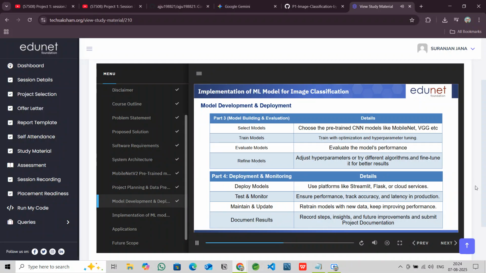In this final phase, we focus on putting our models into action and keeping track of their performance. Deploy models. First, we deploy the trained models to a production environment where they can start classifying incoming images. Test and monitor. Next, we test the deployed models in real time and continuously monitor their performance to ensure they're